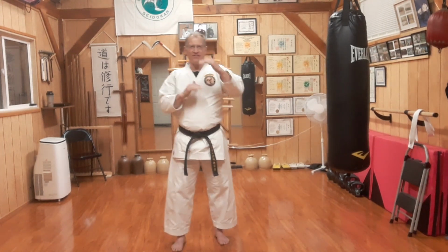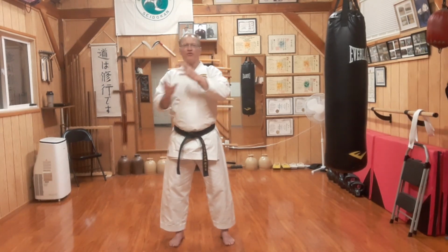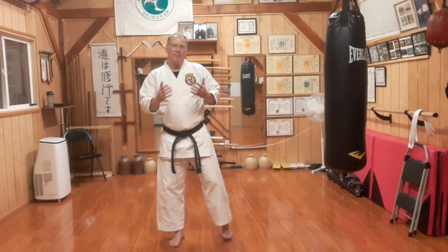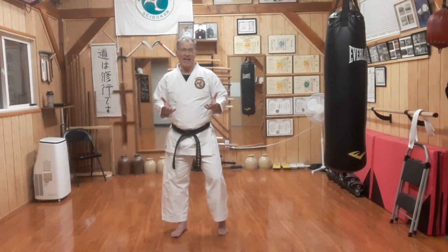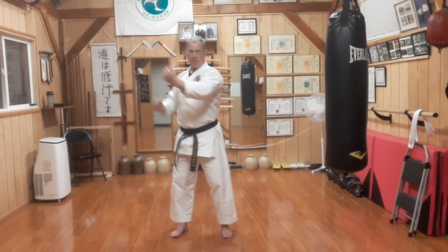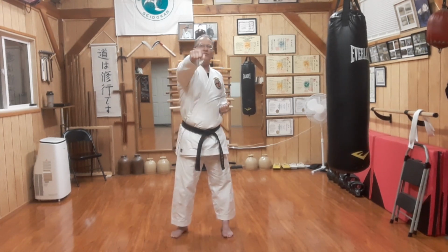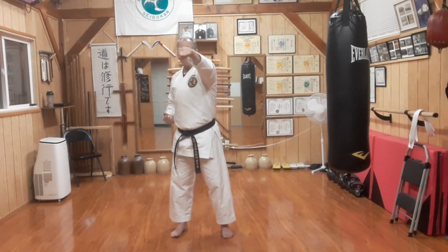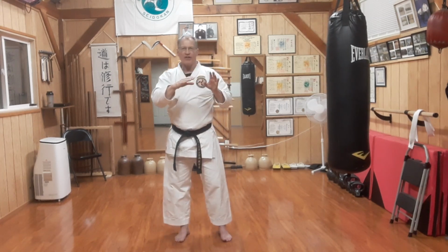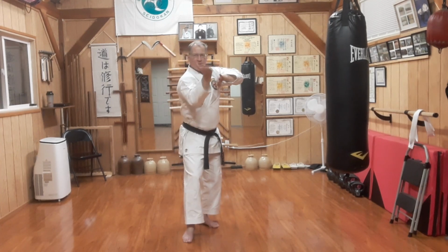Today's last double combination technique for Gokyu, for fifth kyu, is double circle blocks with strikes. I almost shouldn't even have to teach this, because we already have basic blocking, the 8-point blocking. We have the 8-point blocking with strikes, right? So we already have those. And then we already know how to take my closed hand block and turn it into an open hand block